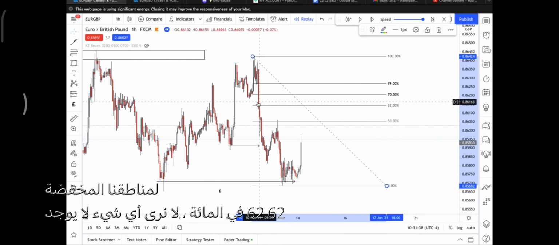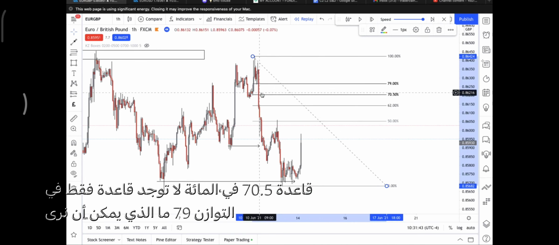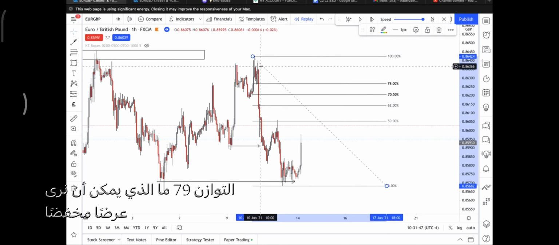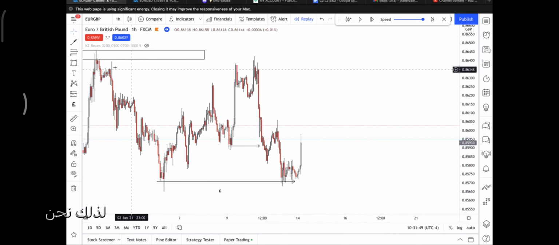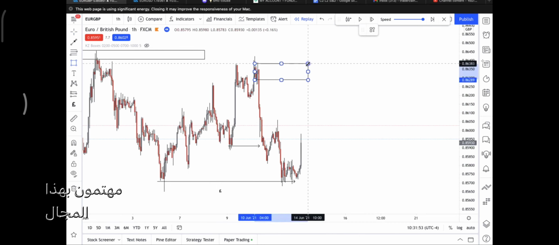62%, we don't see anything. No base. 70.5%, no base, just imbalance. 79%, what can we see? A discounted supply. So we're interested in this area here,